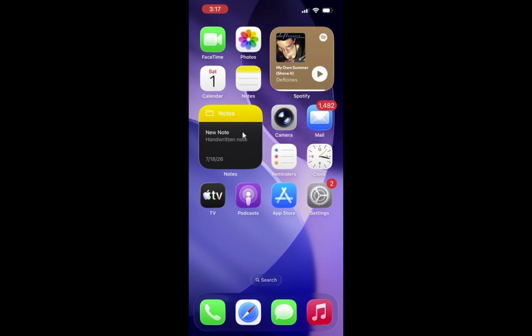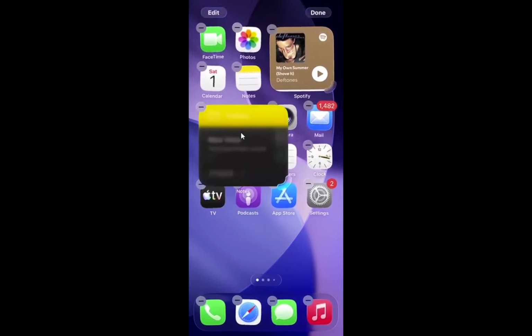Some apps only offer a small layout, while others also have medium or large ones, depending on what the app supports. Small widgets take less space but show fewer details, while larger layouts usually add extra lines, controls, or images on the screen. After that, you can create a widget stack to save space.